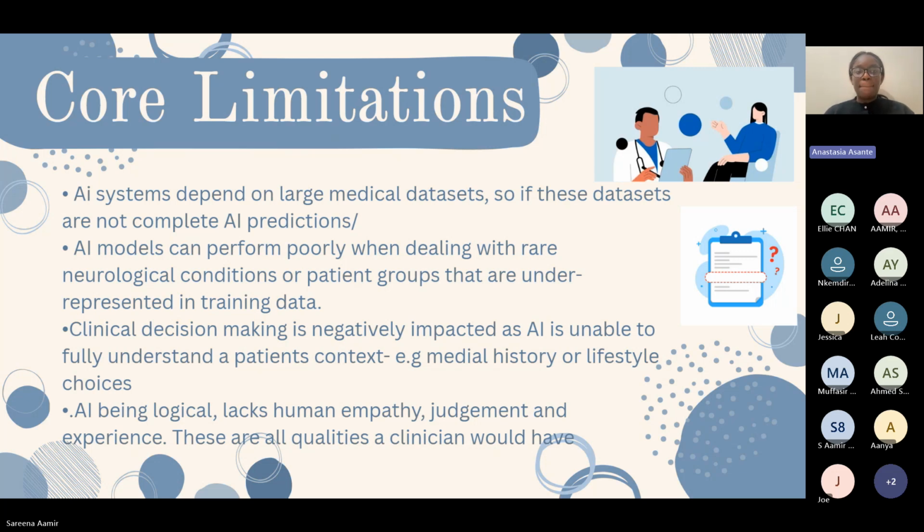We also have models that can perform poorly when dealing with rare neurological conditions or patient groups that are underrepresented in training data. So, for example, if we're using AI to retrieve information that may not be as common, the AI tool may struggle to find information,